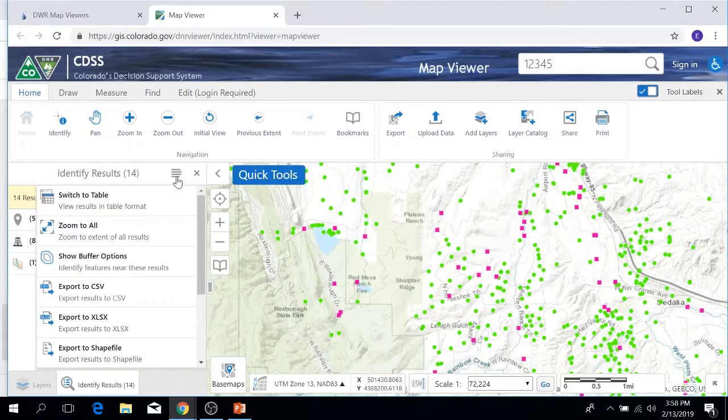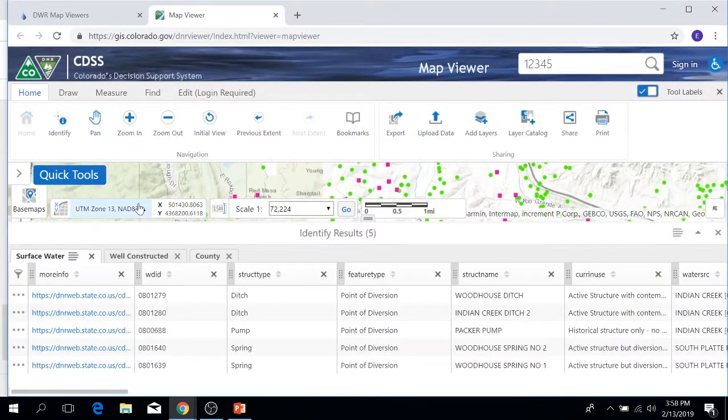But maybe I don't necessarily want to see those just in a list on this side. I want to see them in a table at the bottom of the map. So if you all saw that, I use what they call the panel actions menu there. We all see it now in every web application, especially mobile. Looks like a stack of pancakes, hamburger, whatever you want to call it. Basically, you can use that to toggle and put the data in a table version at the bottom